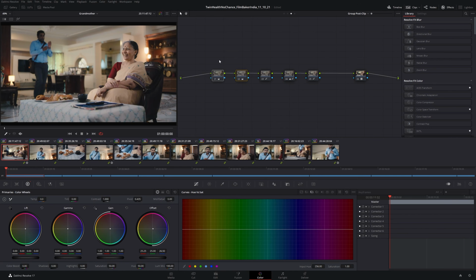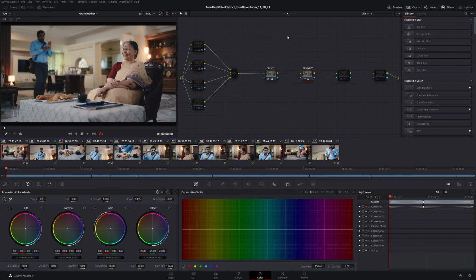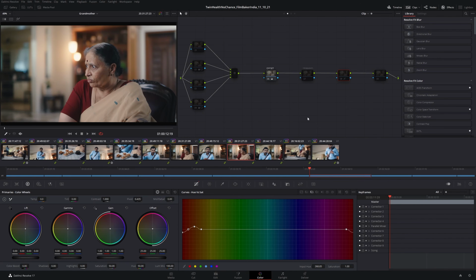Once the look was finalized, I started doing some look refinement and localized adjustments in the clip level. For example, here the DP felt the reds and blues were too saturated, so I used hue versus curves to tone it down. Similar adjustments were done to the other shots to ensure consistency.